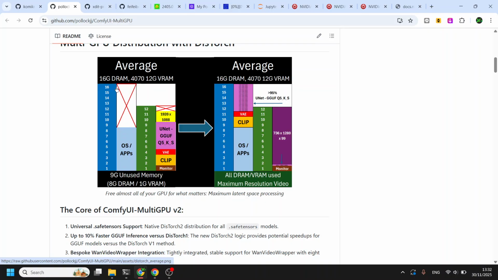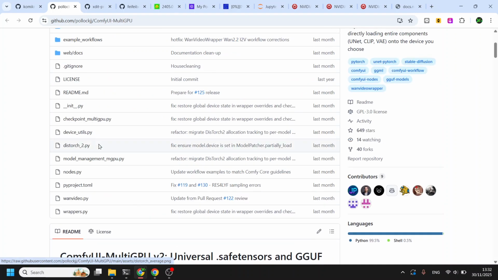The problem is the extra GPU does not contribute to the workload itself, and it only works on a single GPU, so no work split is done. But it's still very good for system RAM offload. I often use this to offload Qwen Image on my personal rig, like BF16 Qwen Image, a 40 gigabyte model and so on. This is pretty good, but unfortunately does not split the GPU.